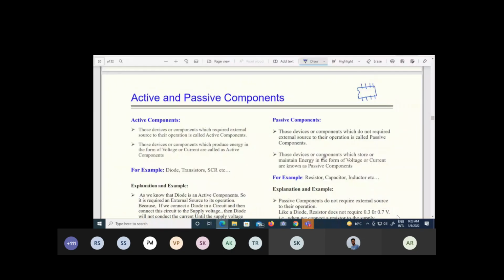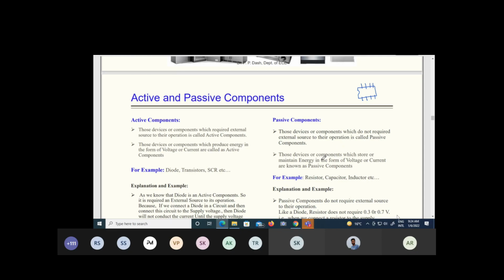And in passive components, we do not require an external source or external power for operating them. Like a resistor. In a resistor, we don't require any external source for its operation. If you simply take one resistor and connect it to the ends of your multimeter or ohmmeter, the resistance will be displayed on your measuring device. We can measure the resistance. What is the function of resistance? It will oppose the flow of current. So some resistance value will be there, whether it is 1 kilo ohm or 2 kilo ohm or 33 kilo ohm, a resistance value must be there.